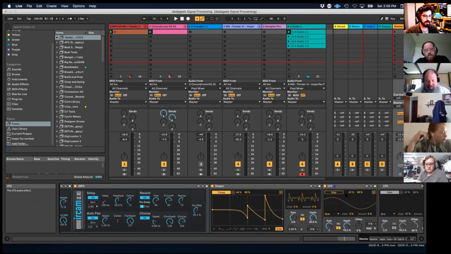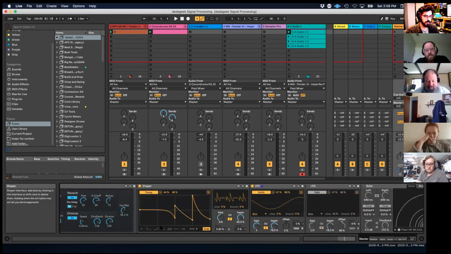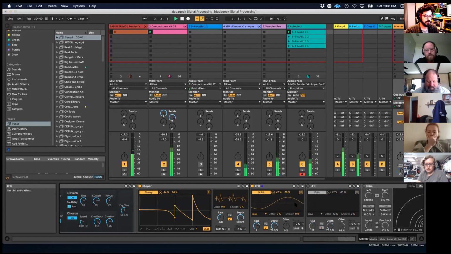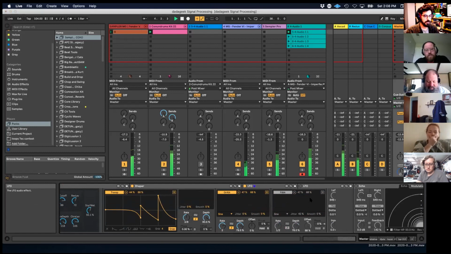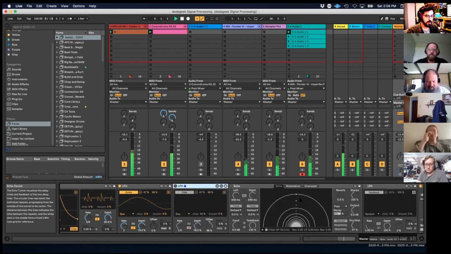So to unmap it, I would click X, and then to map, I would click map, and then I would click it back to grain attack, and then that's doing its thing, and it's moving at the rate of 2 bars, and it has 78% depth, so it's giving it a little bit of range, and that's giving it some more variety. And then I map this LFO